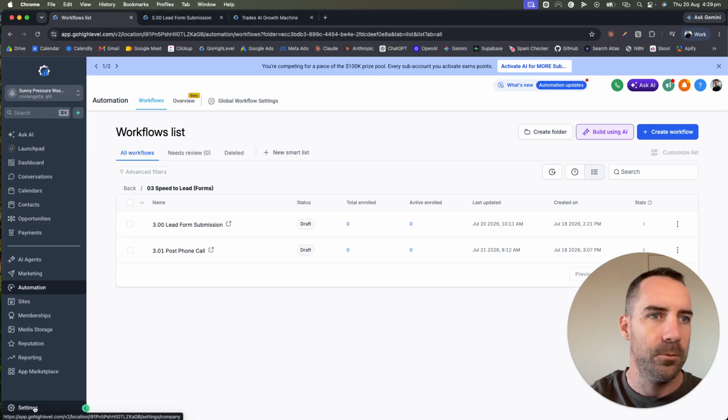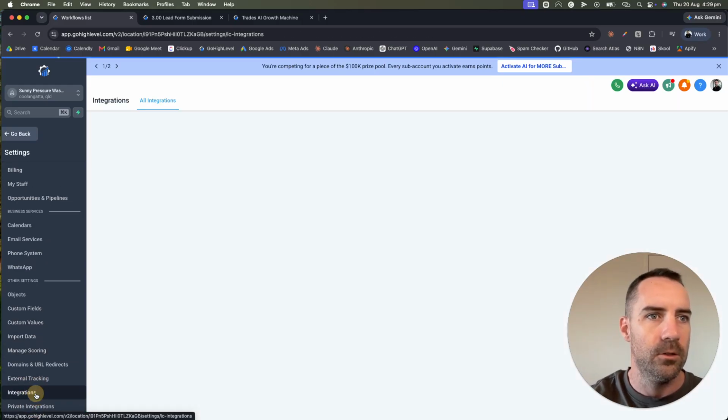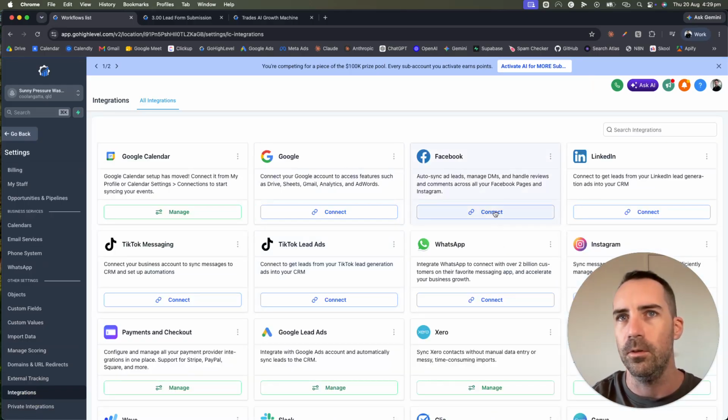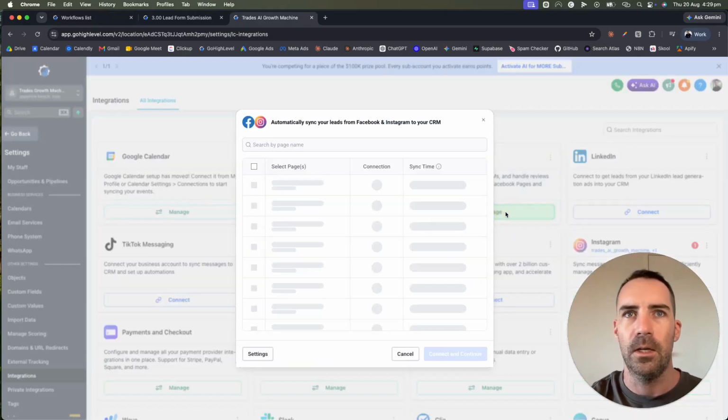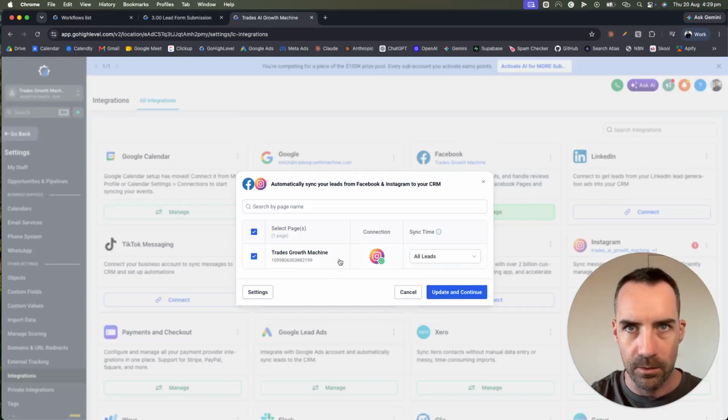So for Facebook, you want to go down to settings, come down to integrations, and then you're going to want to connect your Facebook and follow the prompts. I'm not going to connect it on that account because I'm already connected, but as you can see here, I've also got my Instagram connected. I go update, continue,